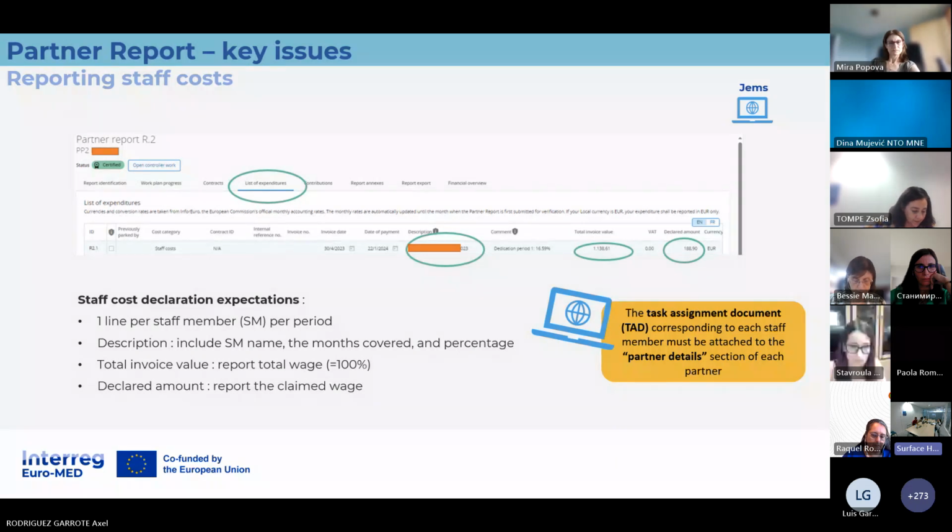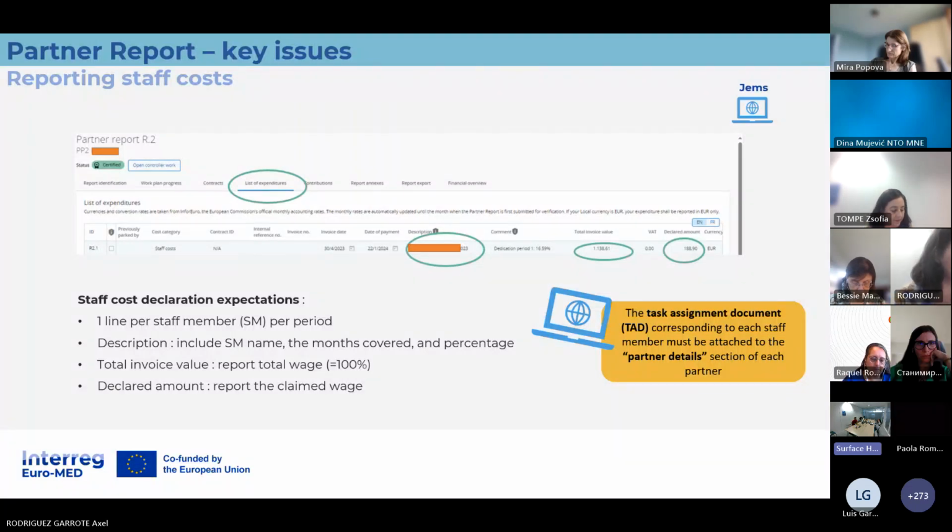So this is really up to you. But invoice date is more important: we suggest you put the last day of the period covered as the invoice date. For example, if the expenditure refers to January to June, then you should put the last day of June, the 30th of June, in this field.